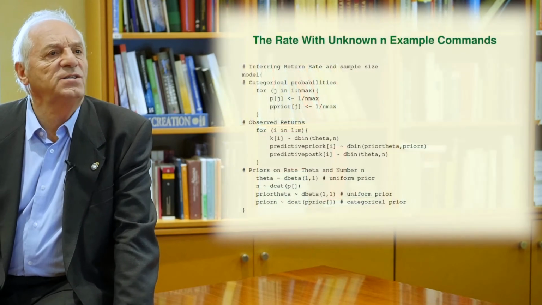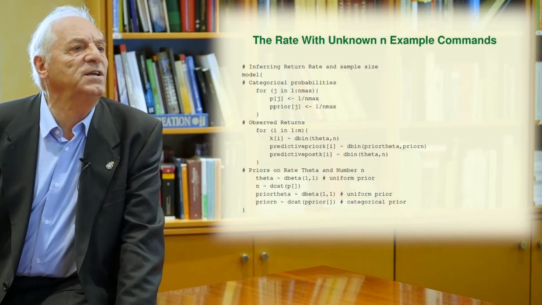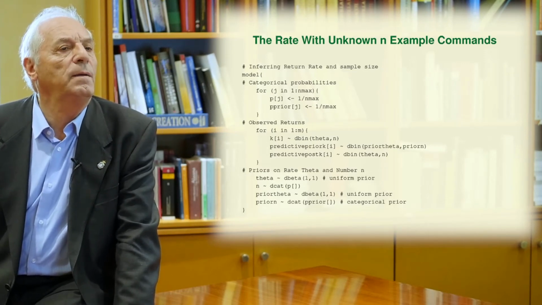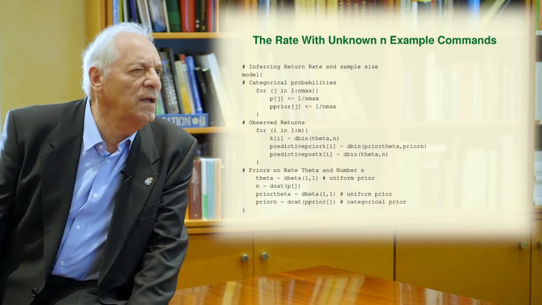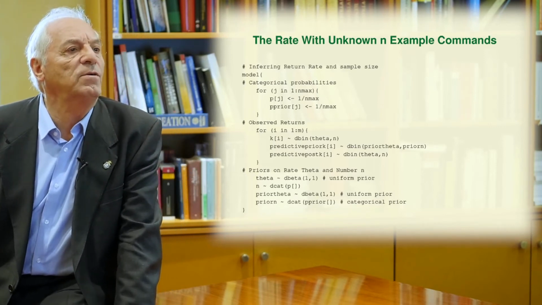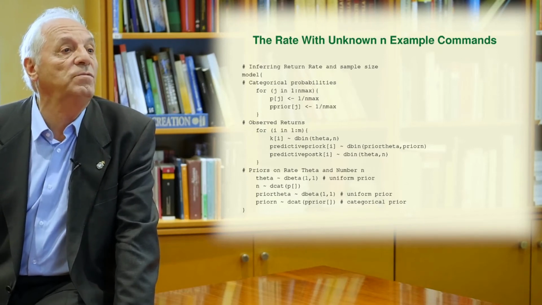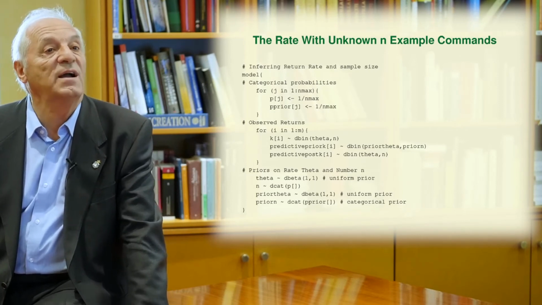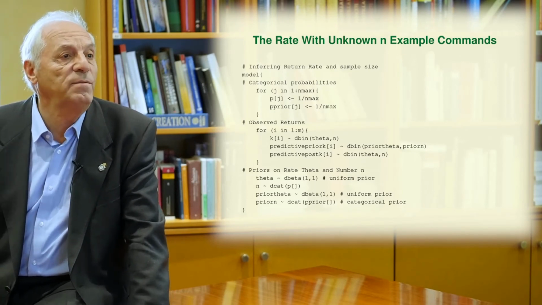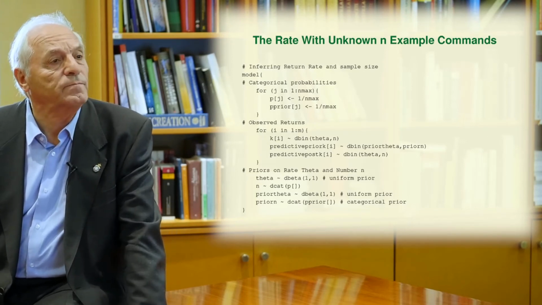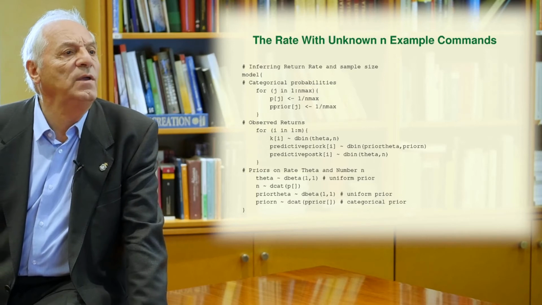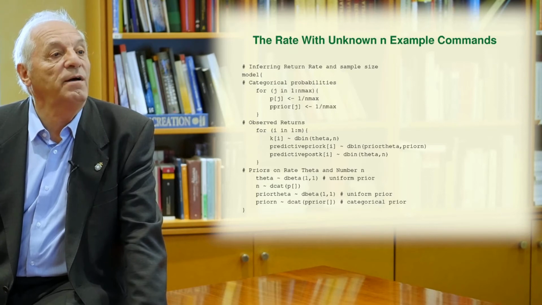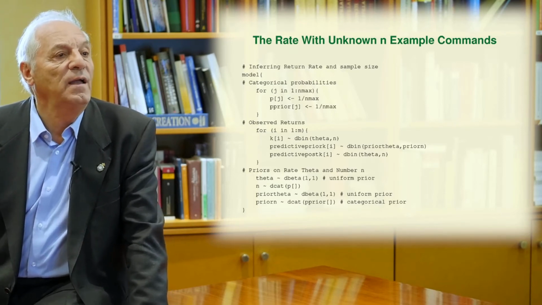In this case, the model commands are given in this slide, and you can see that the commands have different parts. First, we have the categorical probabilities, that is the prior density. In this case, n is not known, and then we assume that n is less than n max. N max is considered in this example to be 500 because we have no idea of the sample size. And next we write the sample expression, which is a binomial random variable with parameters theta and n.